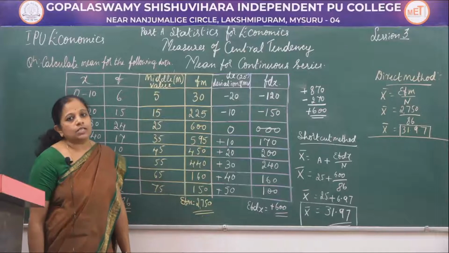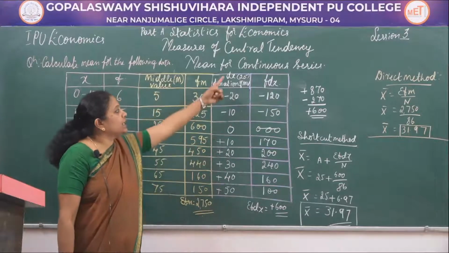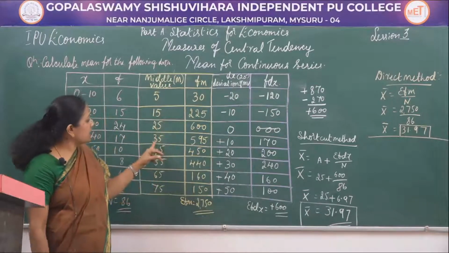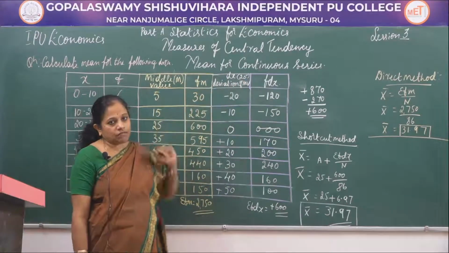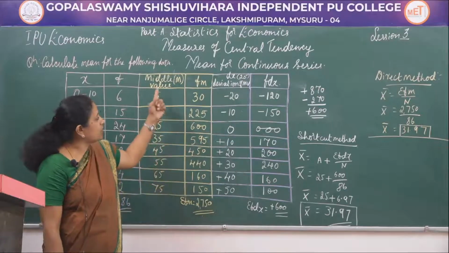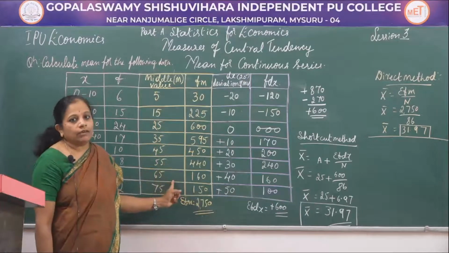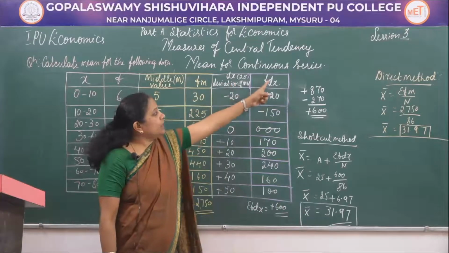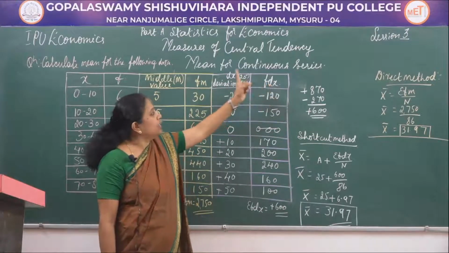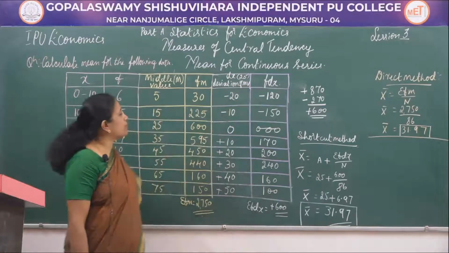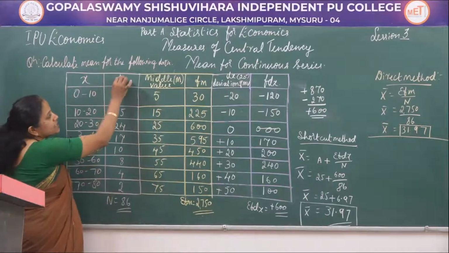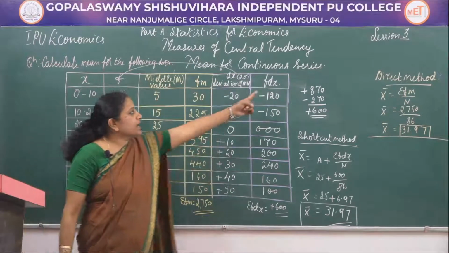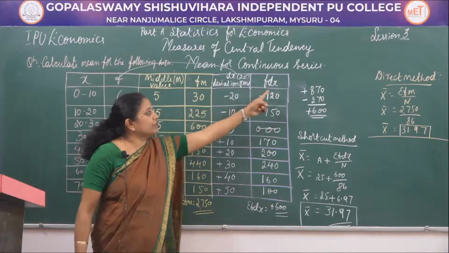So now you have learnt how to obtain the dx. We can select any number, but in this sum we have selected 25 as the deviation value, and from it we went on deducting to get the deviations of all these. After this we have to calculate dx multiplied by f. f is the frequency, so f multiplied by dx, that is f dx. Here we obtain the f dx.